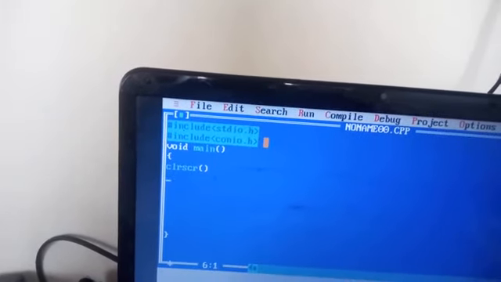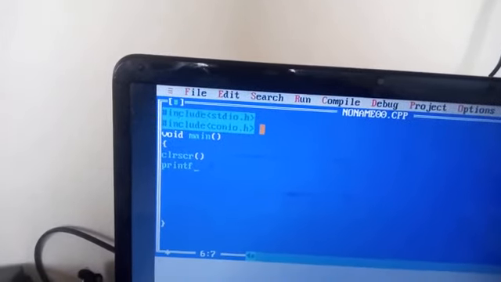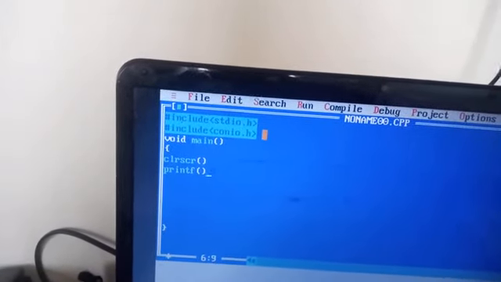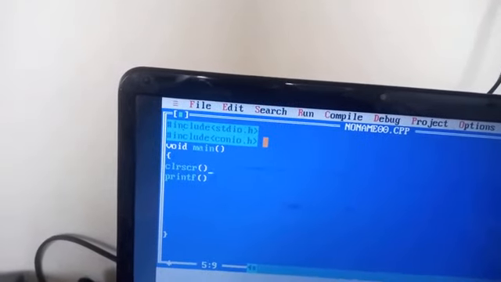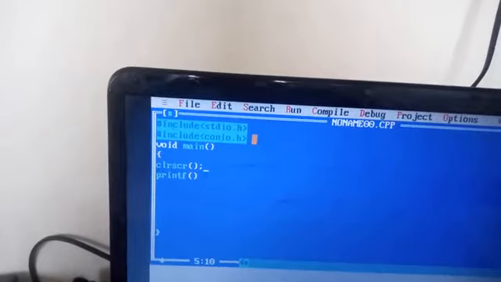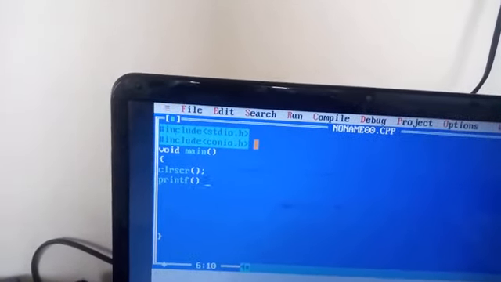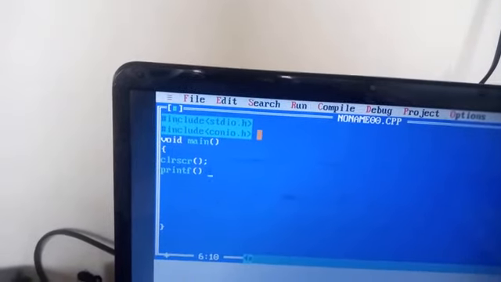Here we use printf and brackets, and all the statements are closed by a semicolon. When we talk about the English language we use a full stop, and here we will use a semicolon. Here also we will use a semicolon.